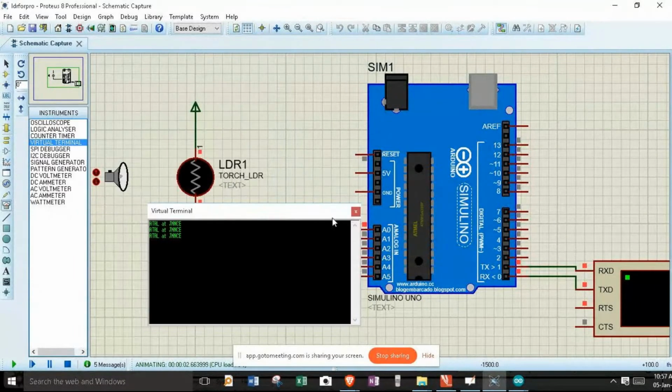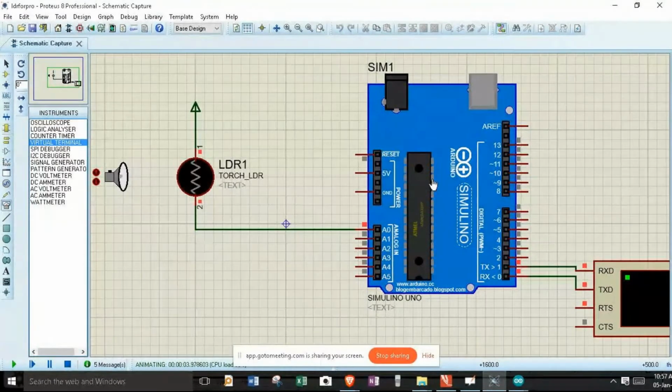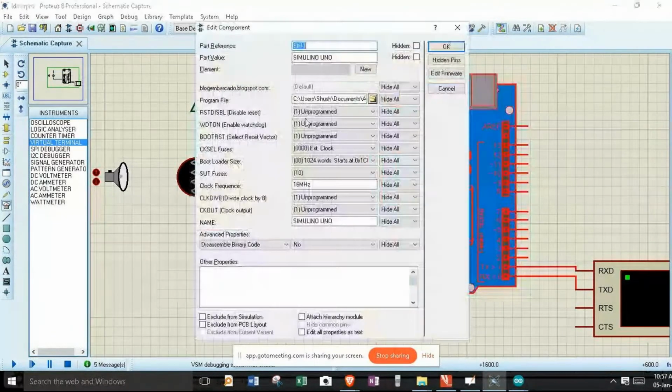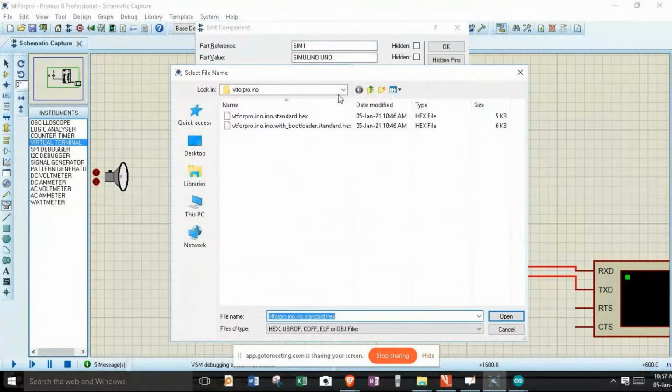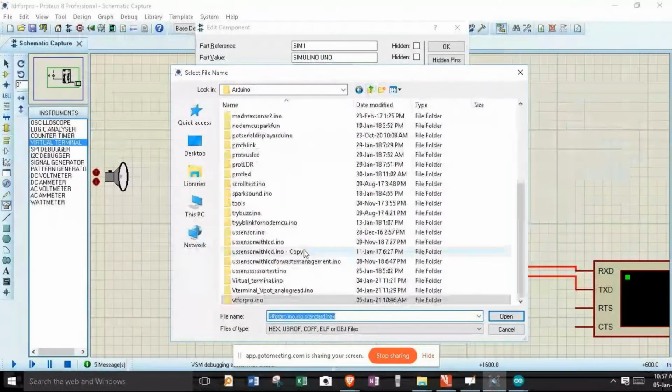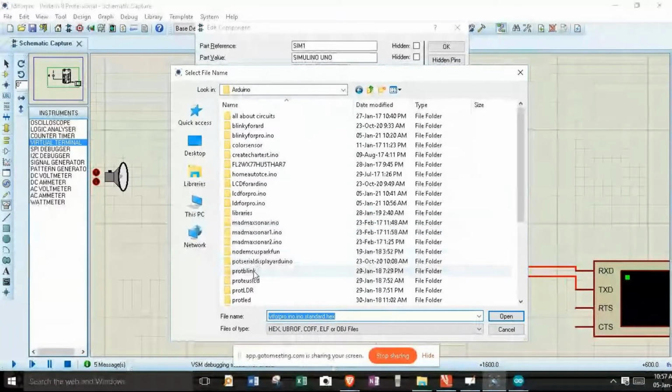So let me change this program. Let me stop this simulation, double click. Now I got to search for LDR for Pro.